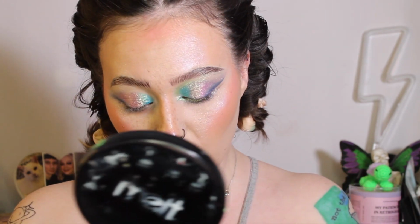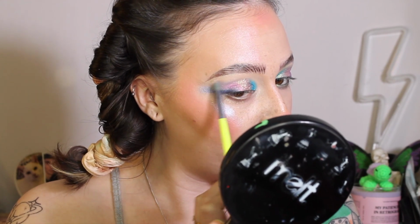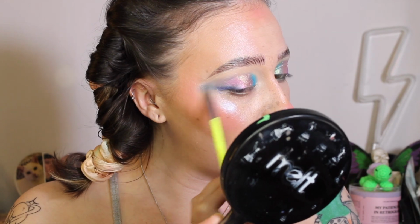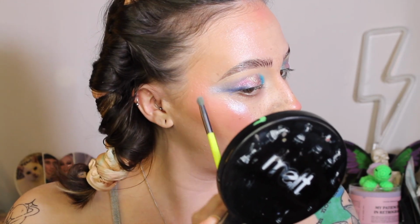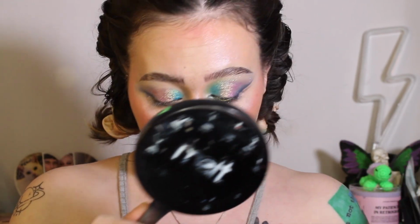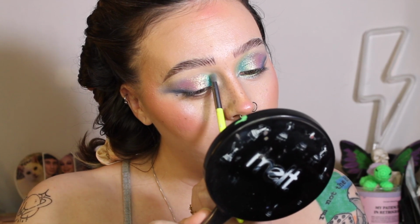I'm also going to do my lower lash line on camera because I feel like since I already have my face on, I'll do that and then I'll just go in and clean up the fallout that I've had. It's not real bad, but my foundation's been on for a while, so I'm oily and it's kind of clinging. Then I'm going to take Retrograde to blend out